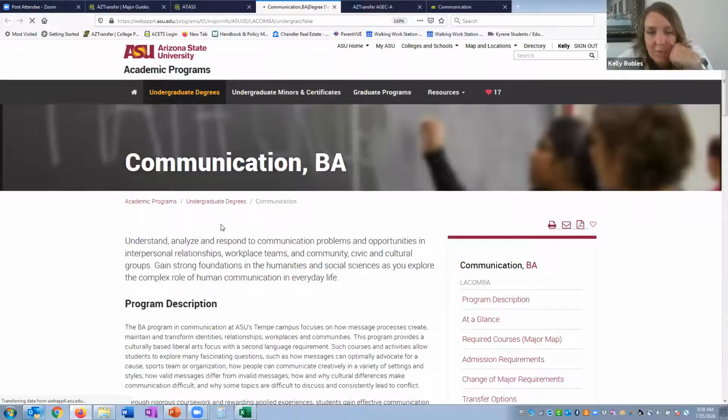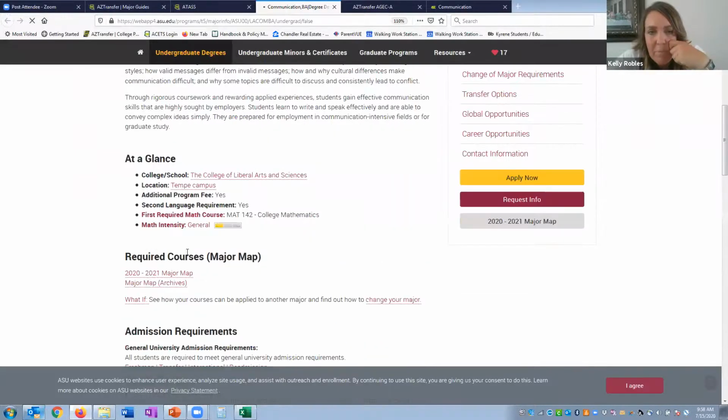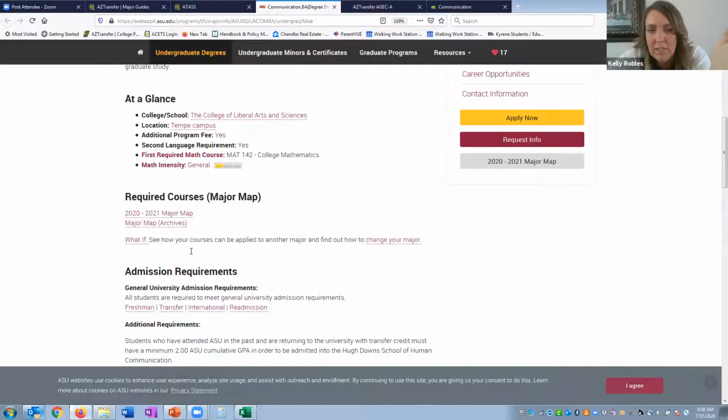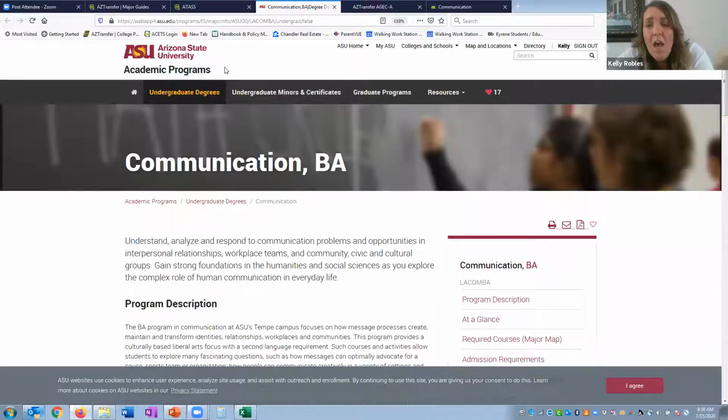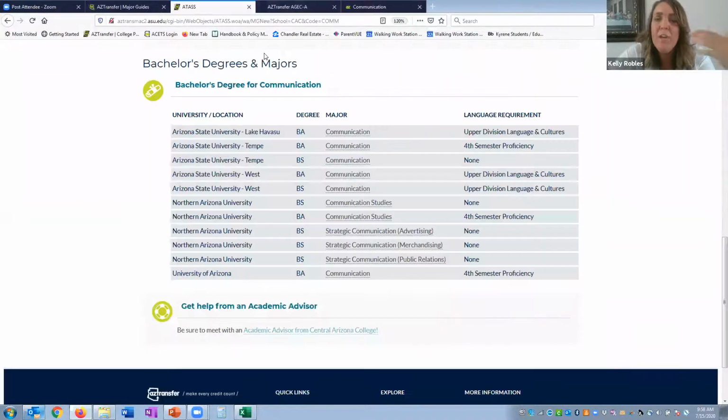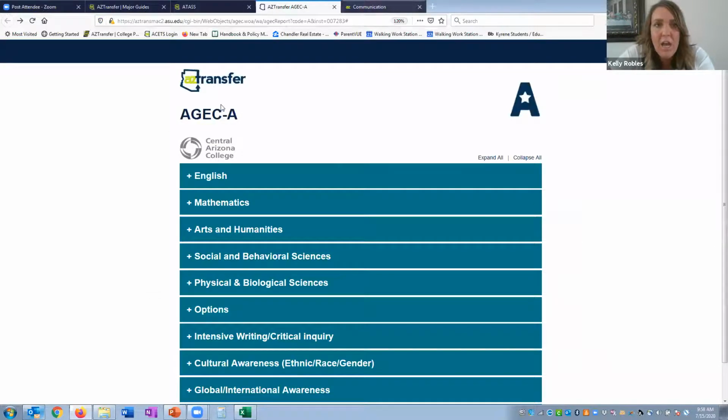Ta-da! This is what it should pull up. This will pull up the major map and the degree information for ASU so students can see that. Okay. We have gone through that for the past 2 or 3 years with faculty to show them why we're doing the work. So it's not necessary to go through and show them the student view. But if faculty are new, or if they've forgotten, or if they need a brief reminder, again, the way that